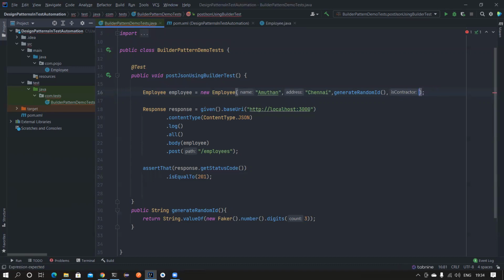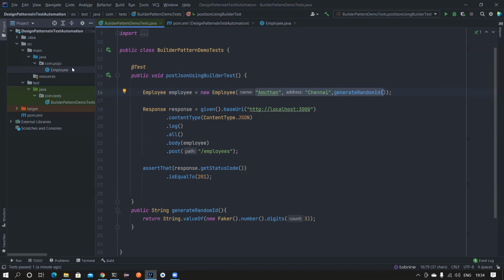You can do this. But again, suppose I want to ignore this one, or I want to ignore the name, then you have to create one more constructor. So if the number of parameters is more, like 15 or 10, basically you are creating a lot of constructors, and it's not readable, right? You cannot understand what this does. If there are a lot of parameters here, it is very difficult for you to read. In this case, you can go for a builder pattern.